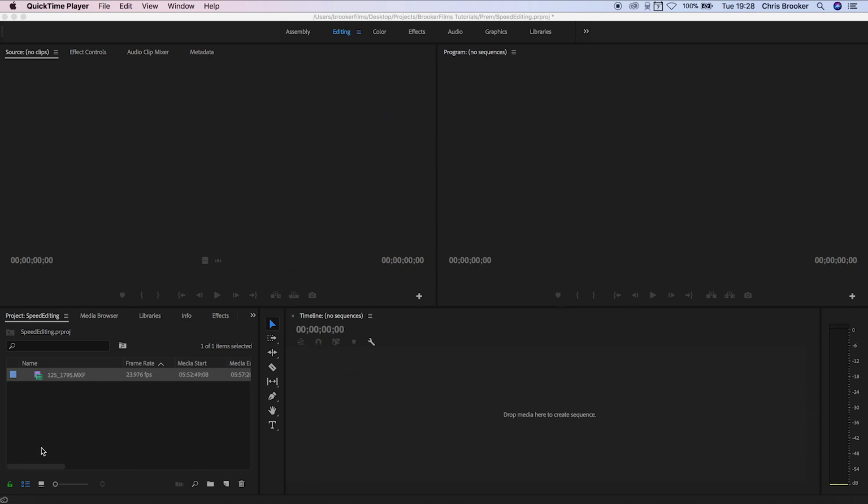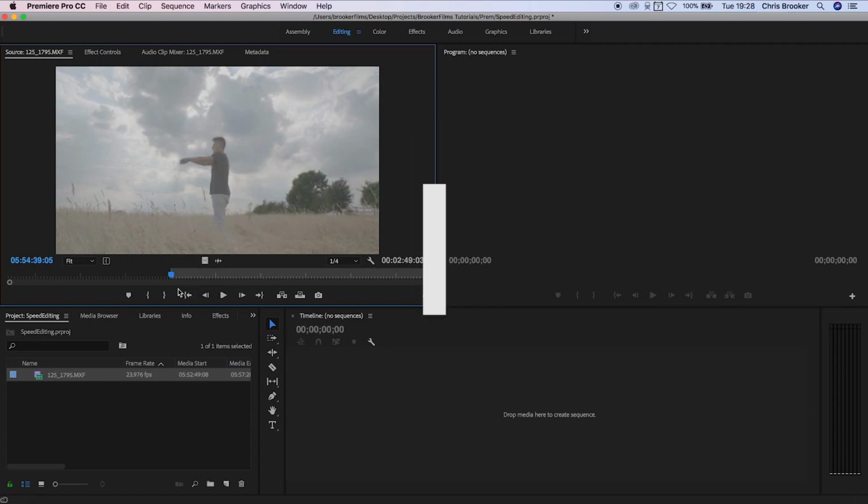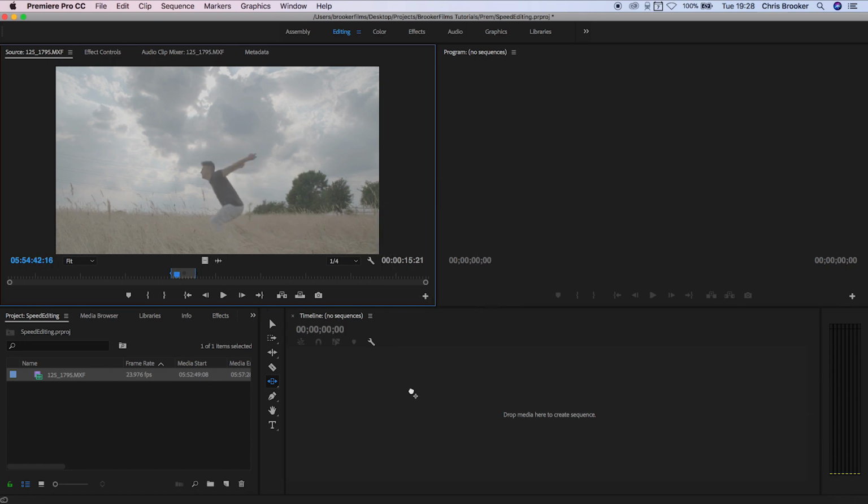So now once we have our footage in the preview window, we just want to scroll through the footage and find the part of the footage that we would like to include. Now to cut this inside the preview window, we just want to press the I key on the keyboard to create an in point, scroll across and press O, and this will create an out point. And now from here, we can just drag the video down in towards the timeline and that will create a